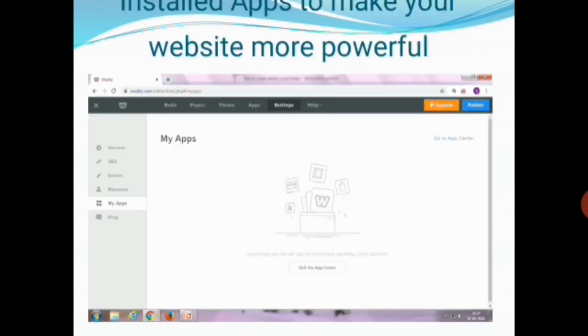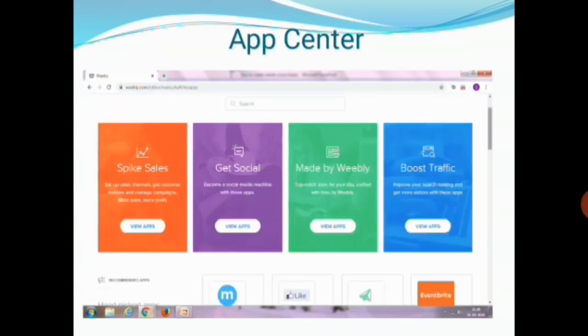And the next main option is installed apps to make your website more powerful. If you want to add some information to your website but the element is not available, you can easily install some apps into your website through Weebly. You can click the apps and then the web page will open into my apps. You can click what are all the apps.